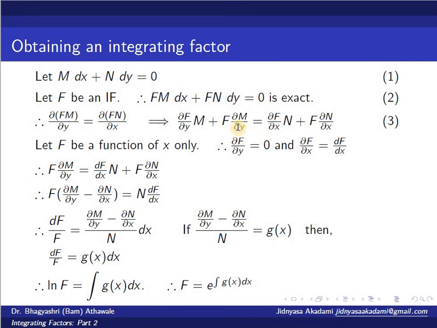Then we have to shift this term here. Then it is f into bracket, instead of this, it is dA by n by dA by x minus dA by m by dA by y, and we have to divide that term by m instead of n. Then in that case, that term should be a function of y, and then e raised to integration gy dy is the integrating factor. So both these rules are very much similar to each other, and we will see their detailed